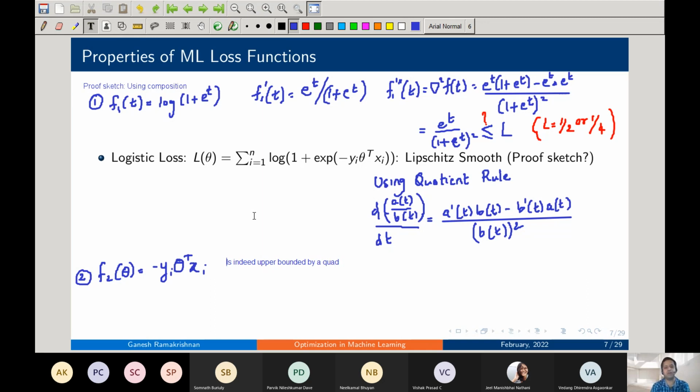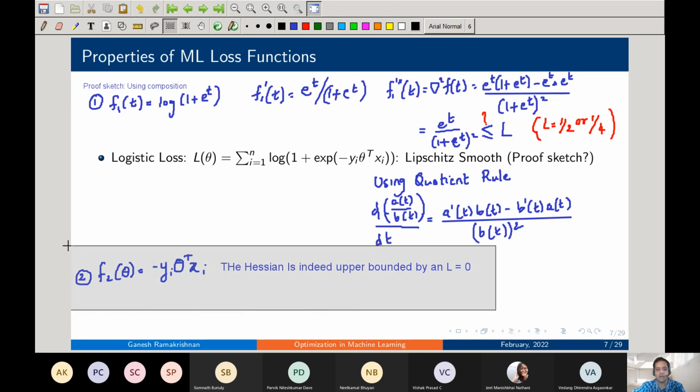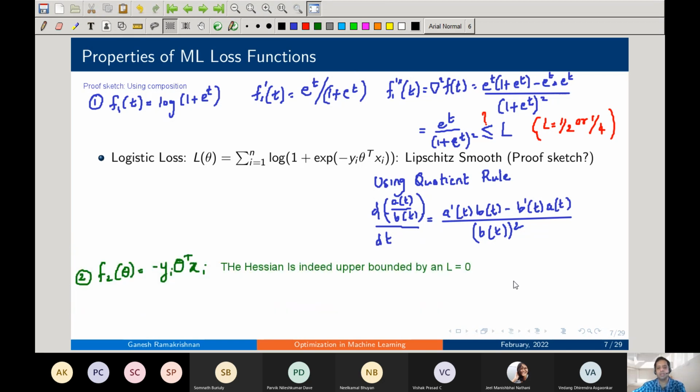When I say it's upper bounded by a quadratic term, the difference of the gradients. So basically, the Hessian is upper bounded by an L. Okay, so basically now you can prove. Let me just use a different color for this. So then what you have to do is just